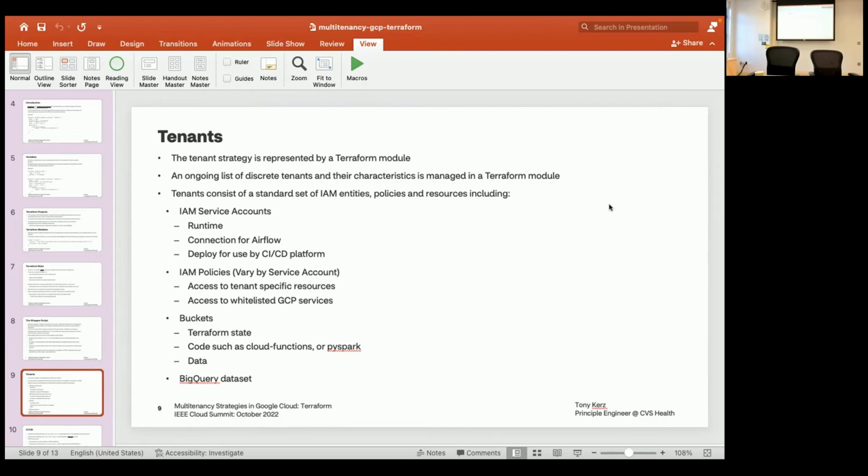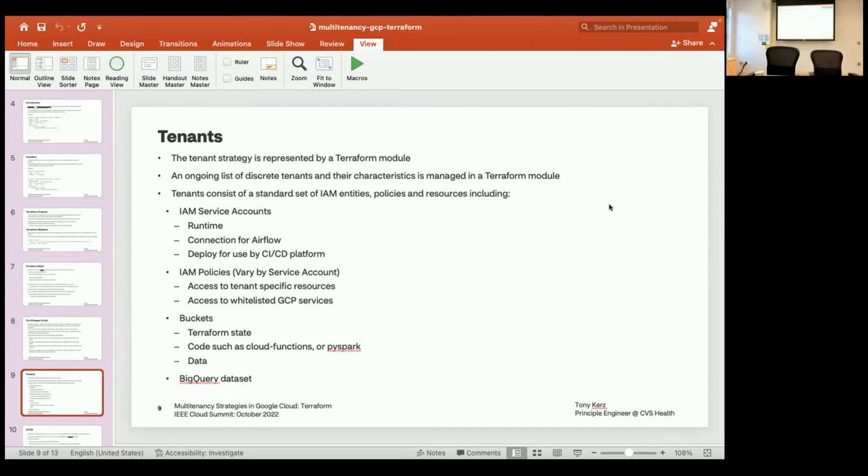There's also an administrative tenant, a high-powered tenant, versus the tenants which represent development groups in our organization. We're in a DevOps group, so when we execute Terraform, we're running under a higher privileged principal